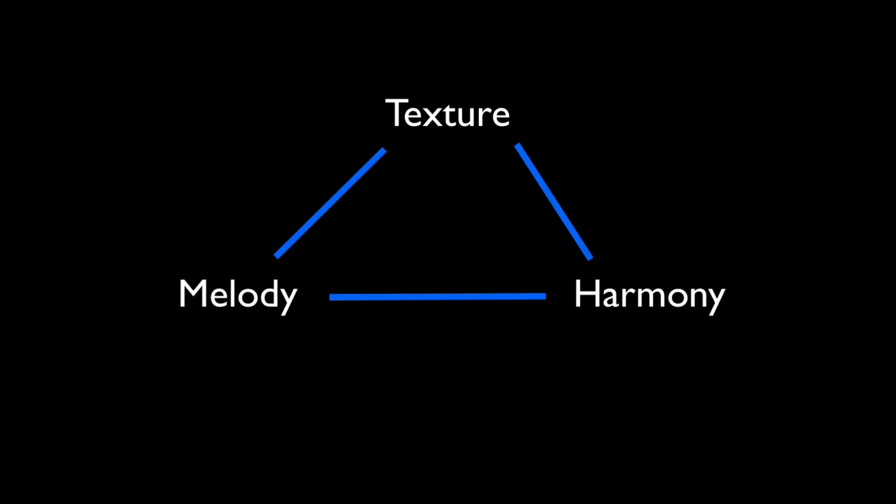Texture is our last layer. We might think of it as the least important layer since it cannot stand on its own. It is by default interlocked with the harmonic and the melodic layer. You will see why that is the case when we look at the texture layer more closely in our future lessons. But nevertheless, although I said it is the least important layer since it cannot stand on its own,